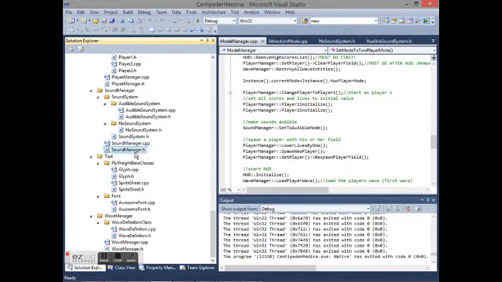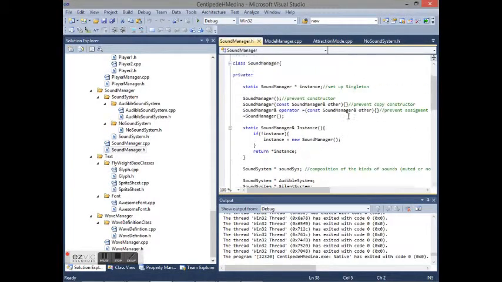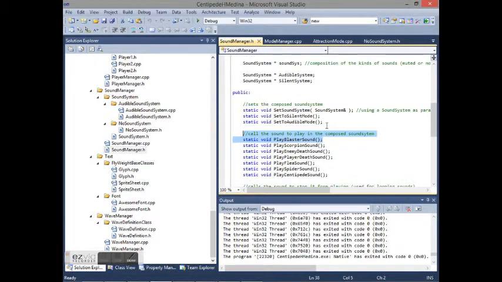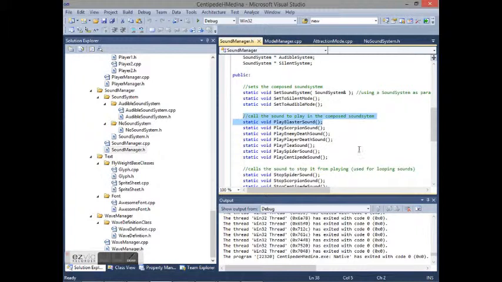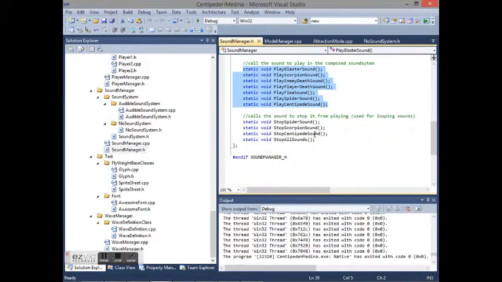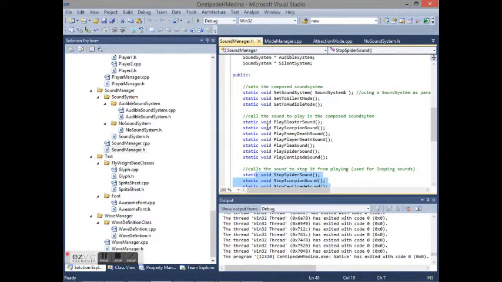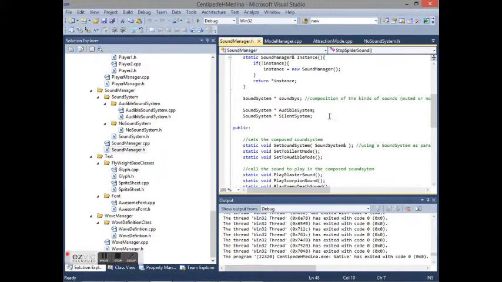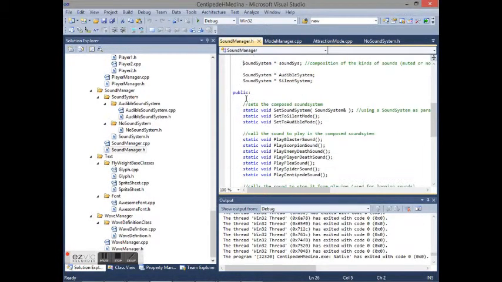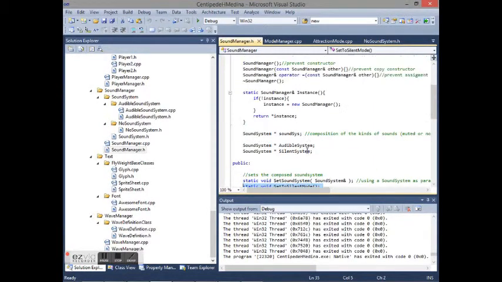sound, etc. And then it's actually a strategy pattern too, because the sound manager changes between silent mode and audible mode. And what that is basically, you have one pointer of a sound system called sound sys, which is my current sound system, and then two other pointers, which are the audible system and the silent system. And basically sound system is a base class which has all the same functions,